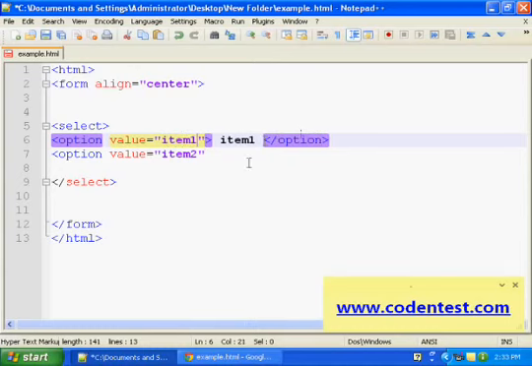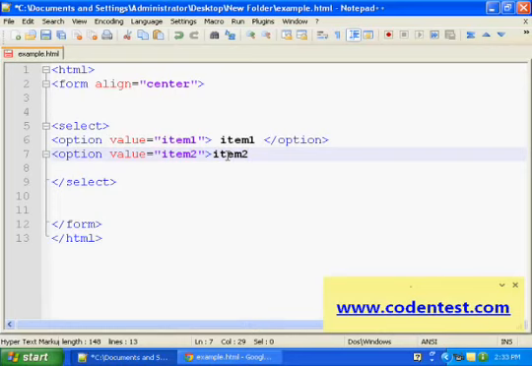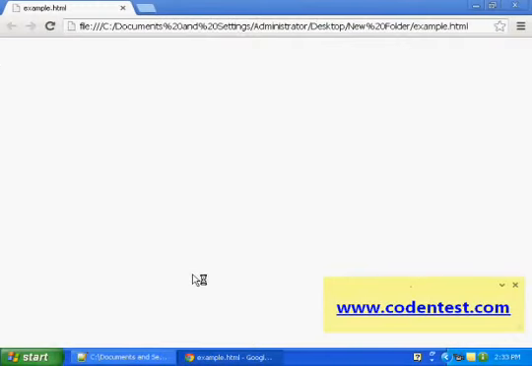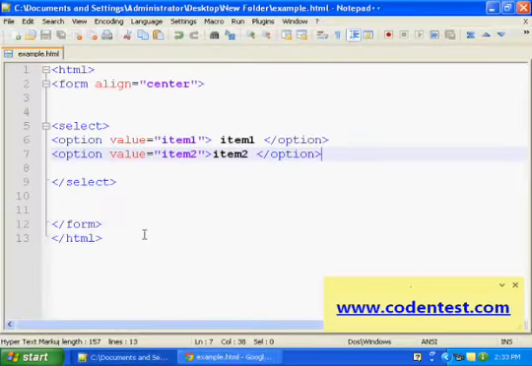Item 1 here, and item 2, and close option, like this. So I have saved this and let me refresh this. See here, I have item 1 and item 2 in my drop down list. So that's how easy it is to create a drop down list in HTML.